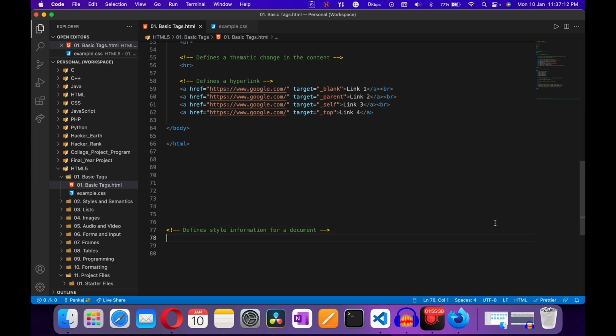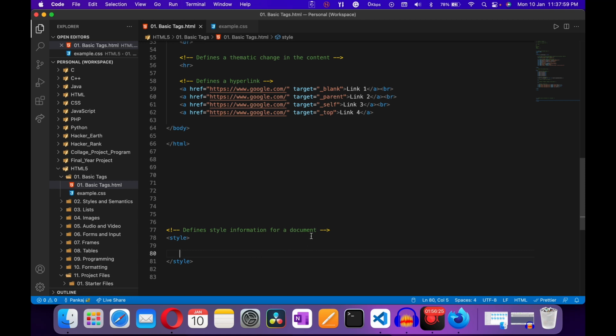If you want to define a style tag, a question arises: what is the style tag? Basically the style tag is used to style your HTML document. It works like inside CSS. If you want to place your CSS inside your HTML document, then you put all the code inside your style tag. So if you want to write a style tag, just type style and hit enter, and here you can see there is a pair of tags, a starting tag and a closing tag.